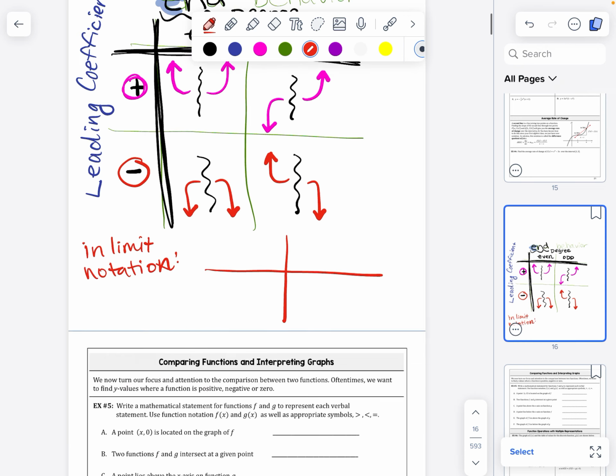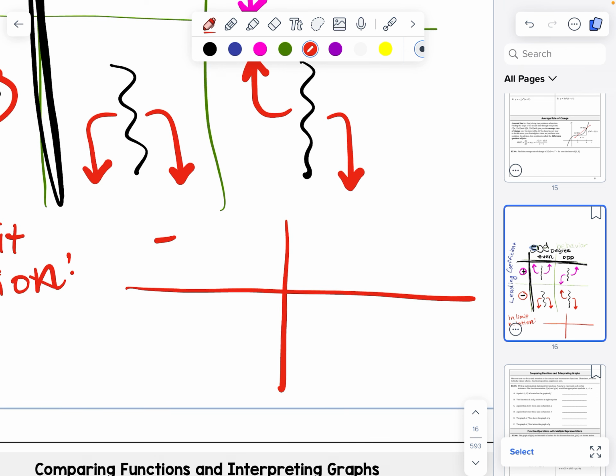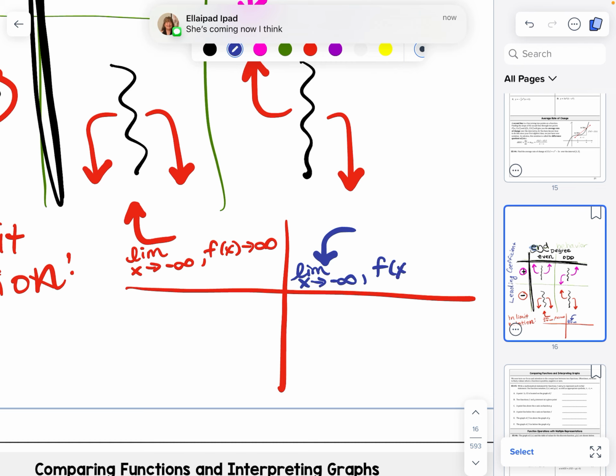Okay, there's 4 ways that we say this. If it's going to the left and up, we say as the limit, as x approaches negative infinity, f of x approaches infinity. So it's going to the left and up, okay? If it's going to the left and down, we say the limit as x approaches negative infinity, that means left, f of x